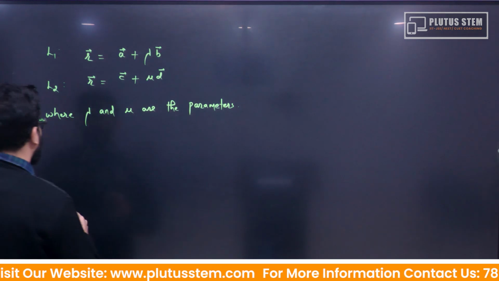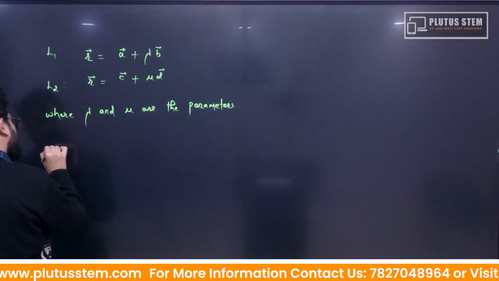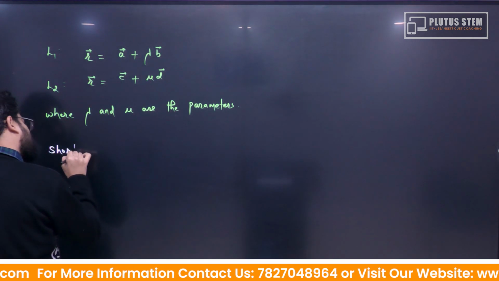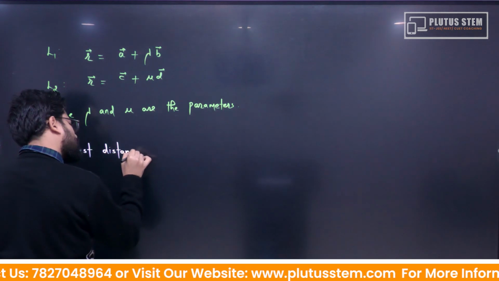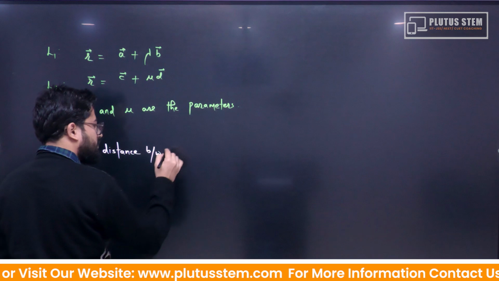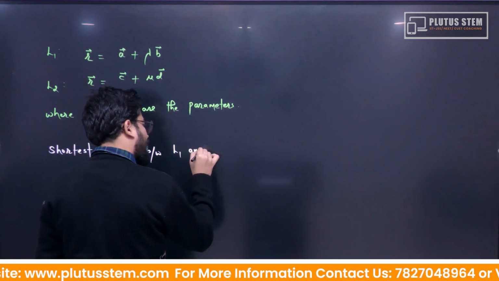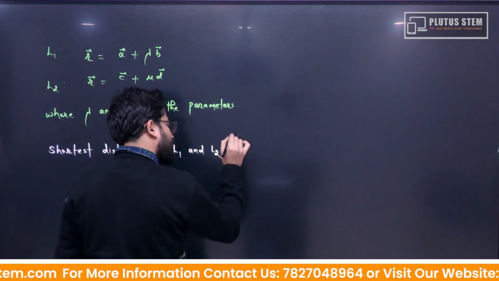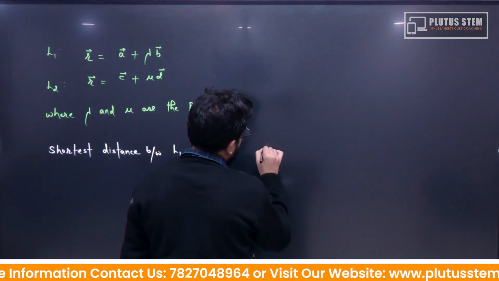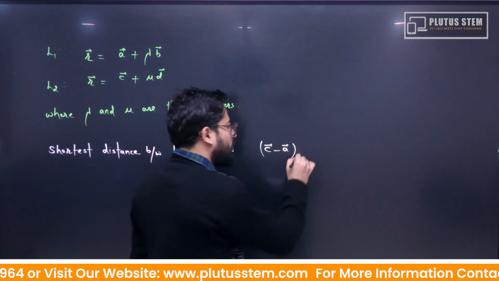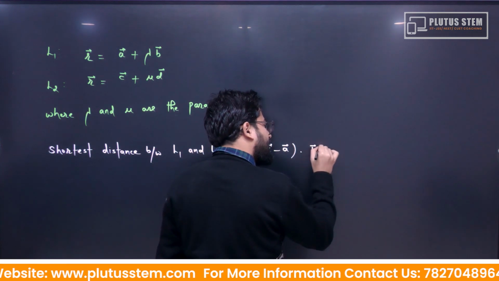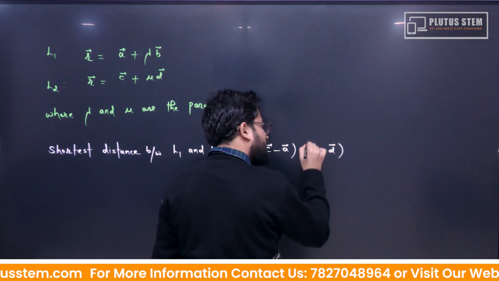The formula for the shortest distance between L1 and L2 is C vector minus A vector, dot B cross D vector,